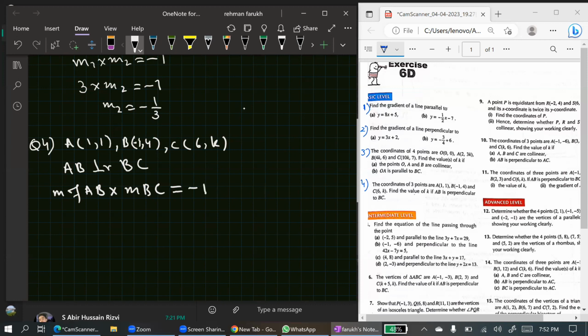Now the gradient of AB is y2 minus y1, 4 minus 1, over x2 minus x1, minus 1 minus 1, multiplied by the gradient of BC. The gradient of BC is k minus 4 divided by